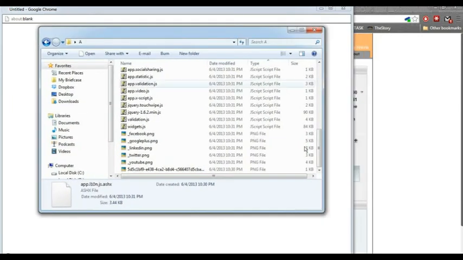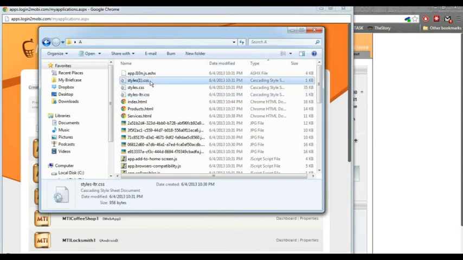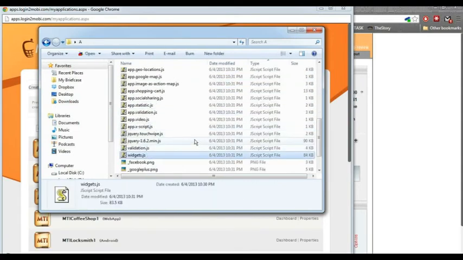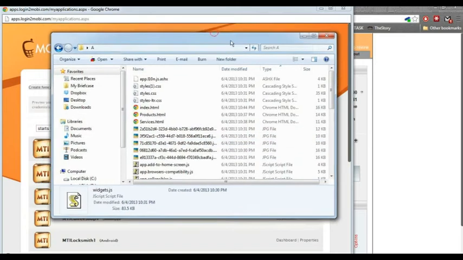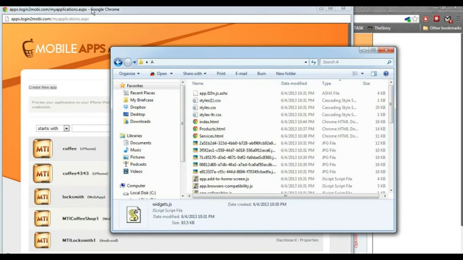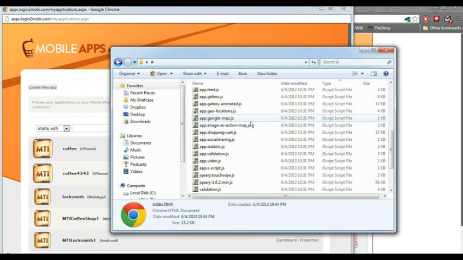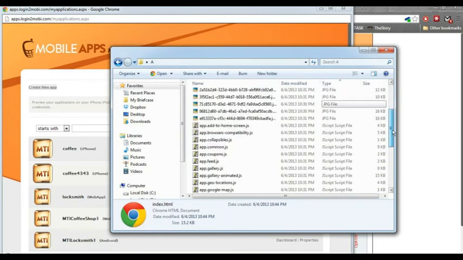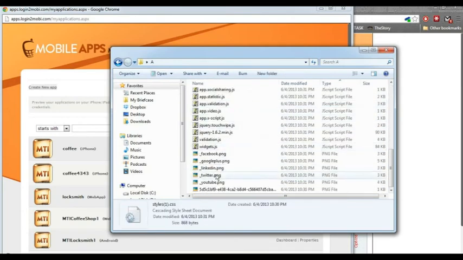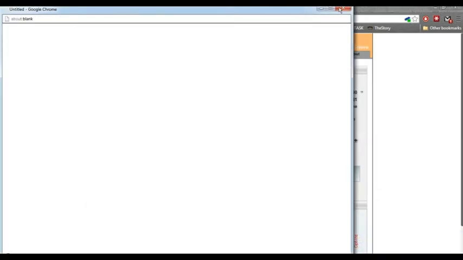Some of you might be asking, can we put the JavaScript, the CSS files in a folder, the images in a folder? Yeah, you can do that. However, you technically can't in the apps for mobile apps because it does not detect folders. That's why it is all placed outside. So now going to mobile apps,